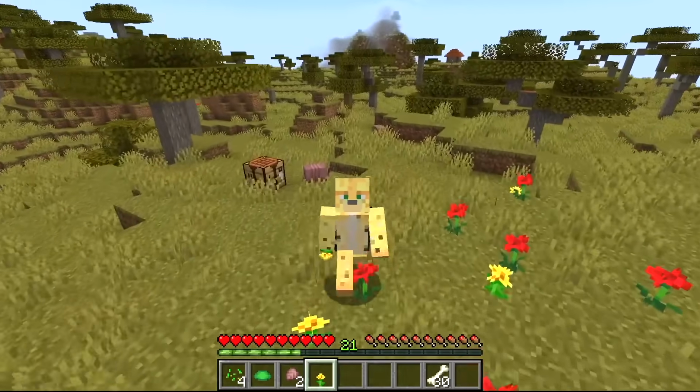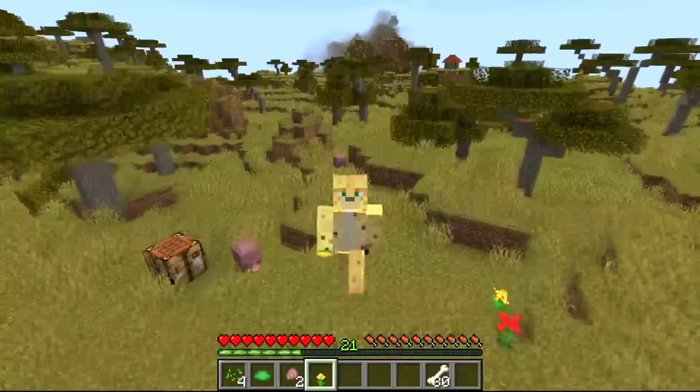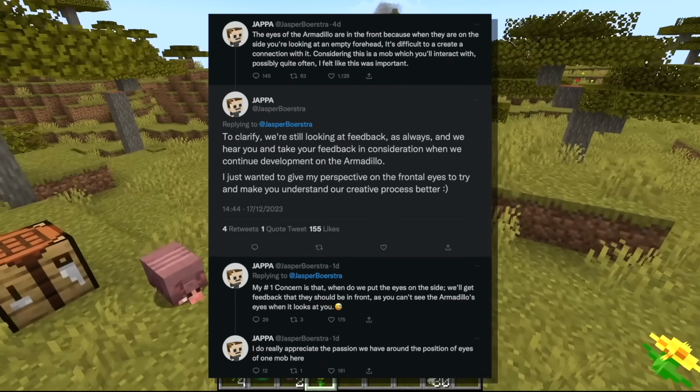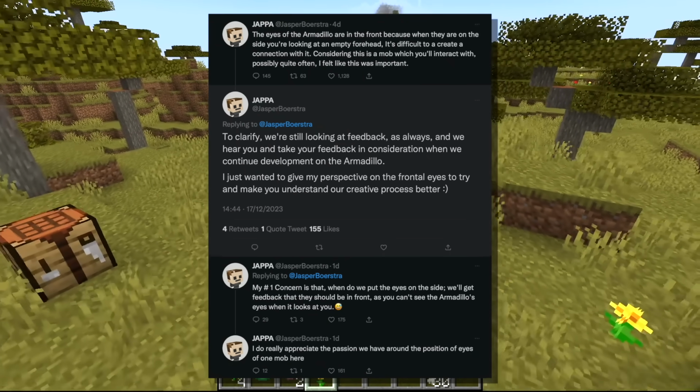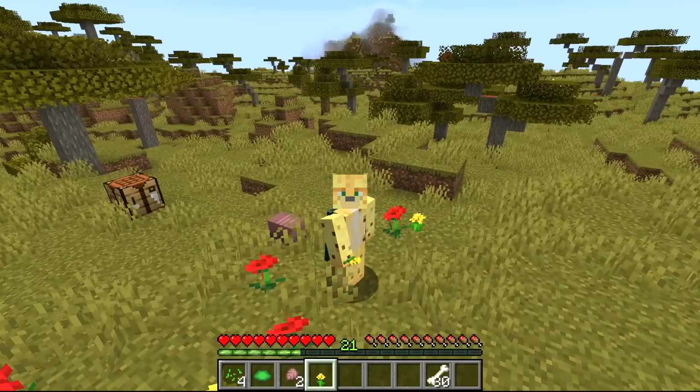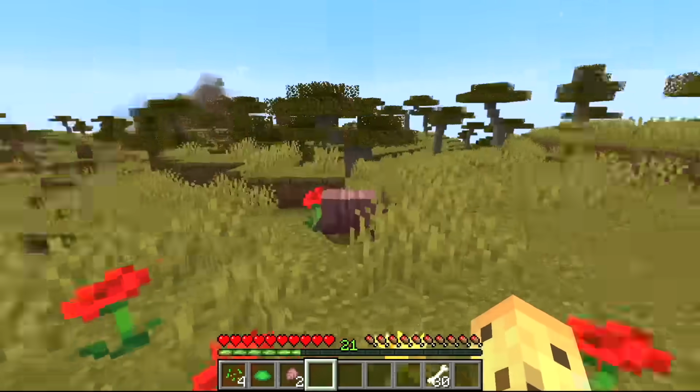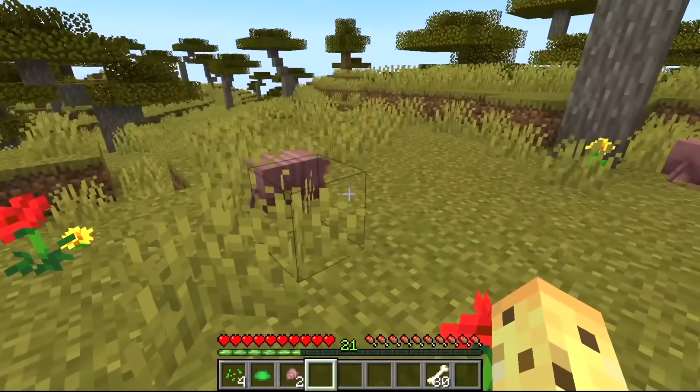These are the same armadillos that were implemented on the Bedrock version of the game, not because they're not listening. We've had confirmation from Jappa that they are at least going to make some changes based on feedback, but instead because that is the version they prepared, and today is just when we're getting the snapshot. Very odd for a Monday, I know, but this means there is basically no differences between Bedrock and Java, except for one,